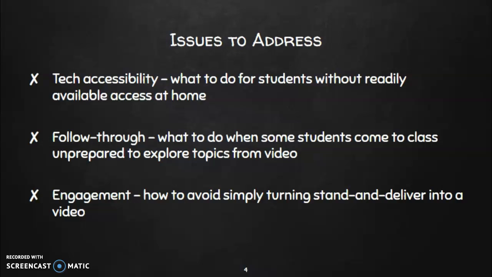And then engagement, how to avoid simply turning stand and deliver into a video. So this is going to be a few of the things that are addressed on that next slide, and really just keeping things a little bit different from time to time and really utilizing the time in class. So that engagement piece really comes to the forefront with what you do in class as the activities and the